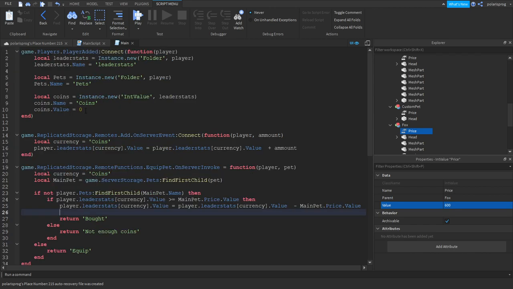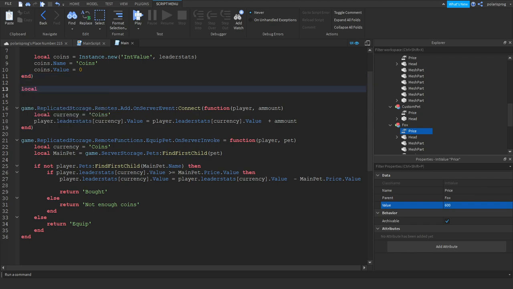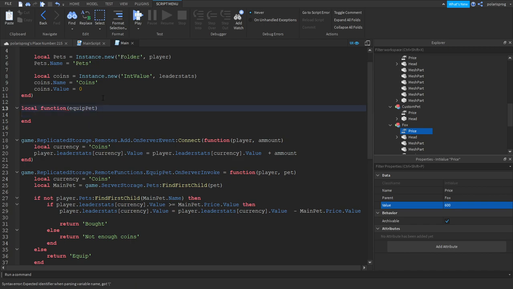So let's create a function for equipping the pet. So local function equipPet. Oh, what am I doing? Equip pet, oh my god, what am I doing? Equip pet, we're gonna send the pet,